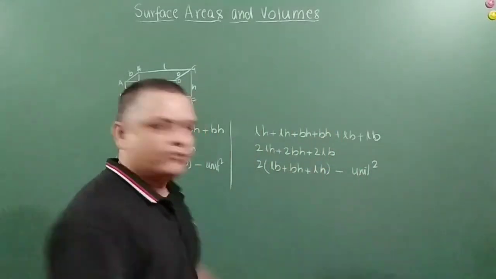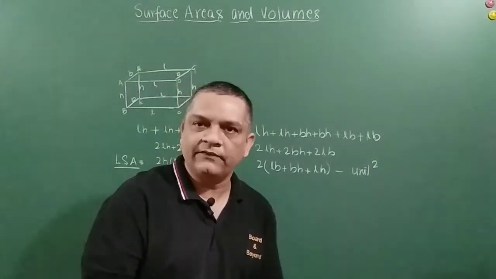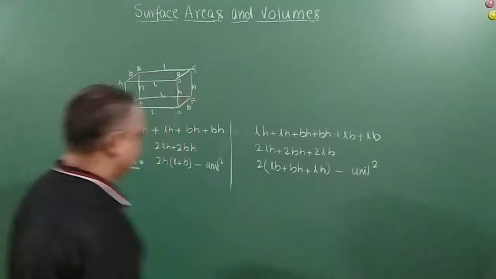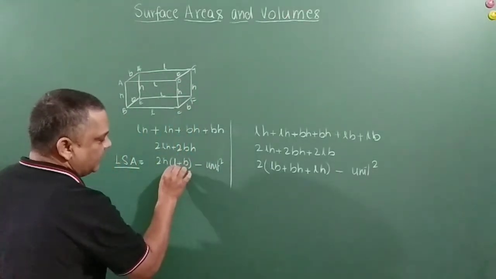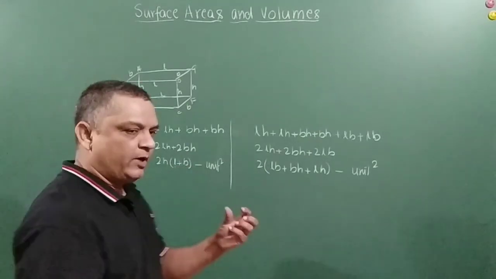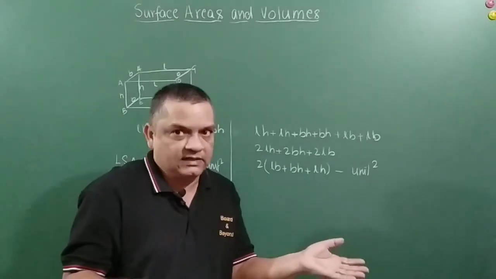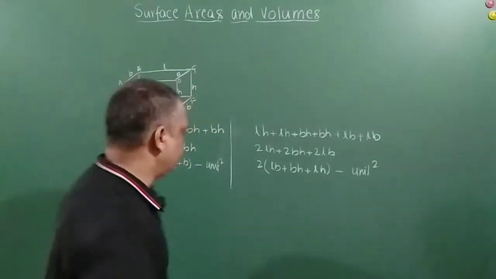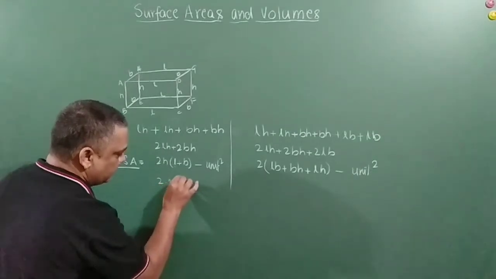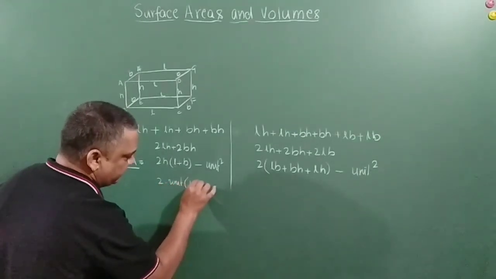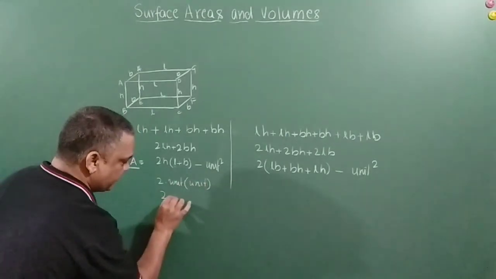Okay, we all know this is unit square, but why is it unit square? Have you ever thought of it? Okay, let me tell you. This length into breadth, see, when I am adding L plus B, 5 centimeters plus 3 centimeters, for example, it becomes 8 centimeter, it doesn't become 8 centimeter square, right? So we can write here that 2 into unit plus some unit. Let it be centimeters. So that becomes 2 units square.